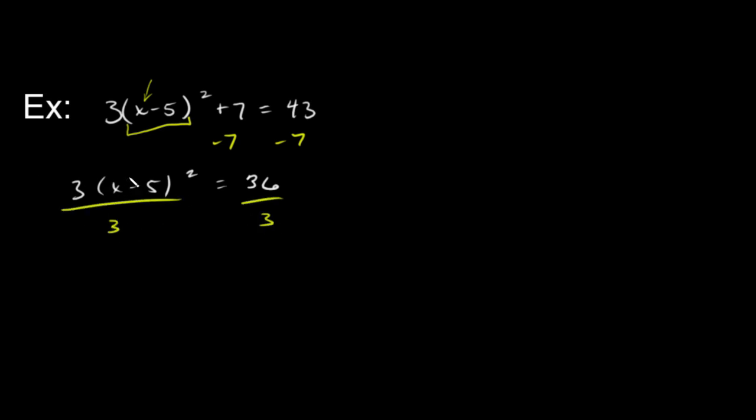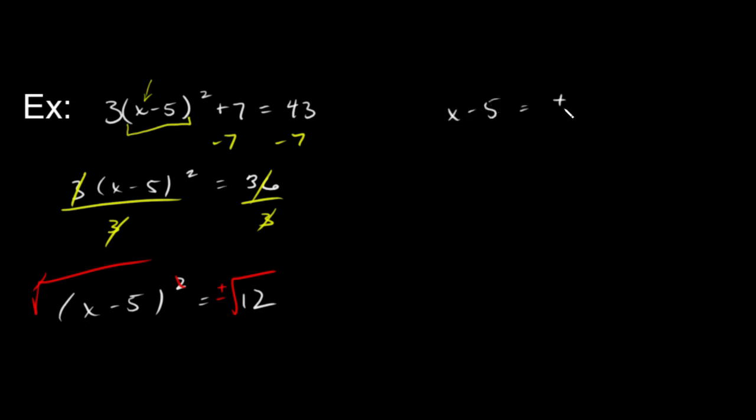Don't distribute in. You can't do that. Currently, this set of parentheses is being squared, and exponents come first, right? Exponents come before multiplication, so just divide it away. It's simpler anyway. So you get x minus 5 quantity squared is equal to 12. Now that we have our thing being squared, you can square root both sides to get rid of the square. And you get, the square goes away, so you have x minus 5 equaling plus or minus the square root